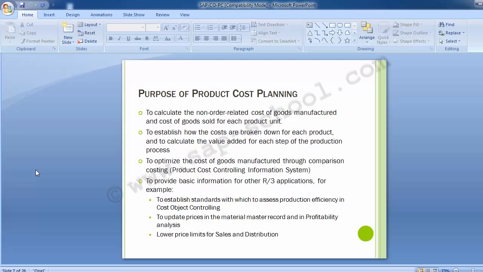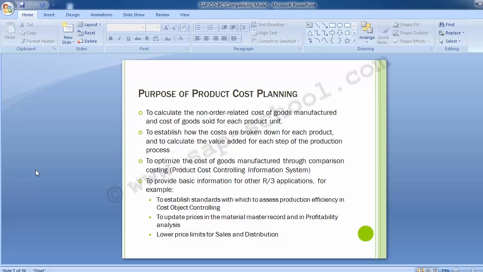We'll come to that. So what are the different purposes of product cost planning? The purposes are to calculate non-order related cost of goods manufactured and cost of goods sold for each product unit. To establish how the costs are broken down for each product and to calculate the value added for each step of the production process. To optimize the cost of goods manufactured through comparison costings, that is in the product cost